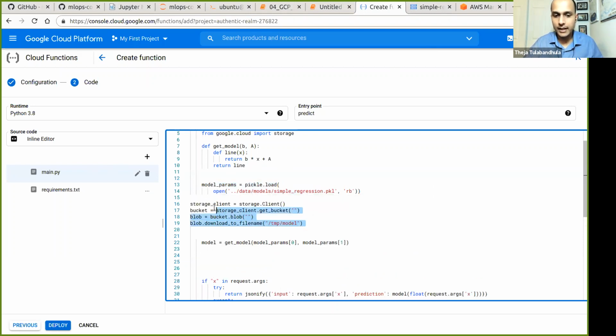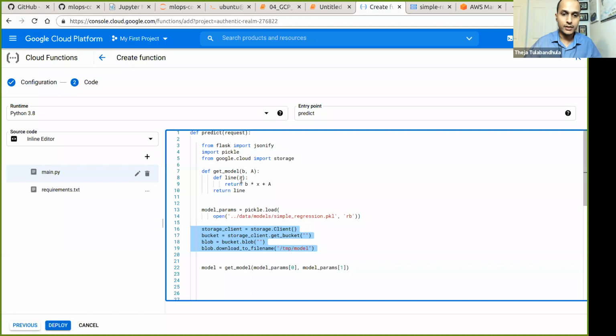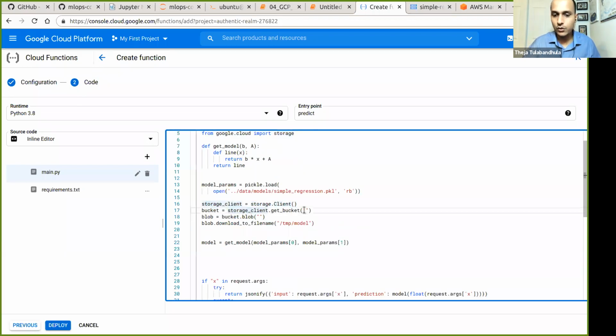We'll use this new Google package that we imported. From there, we can get this storage object. From storage, we can say, create a storage client, and then we need to attach the right bucket.